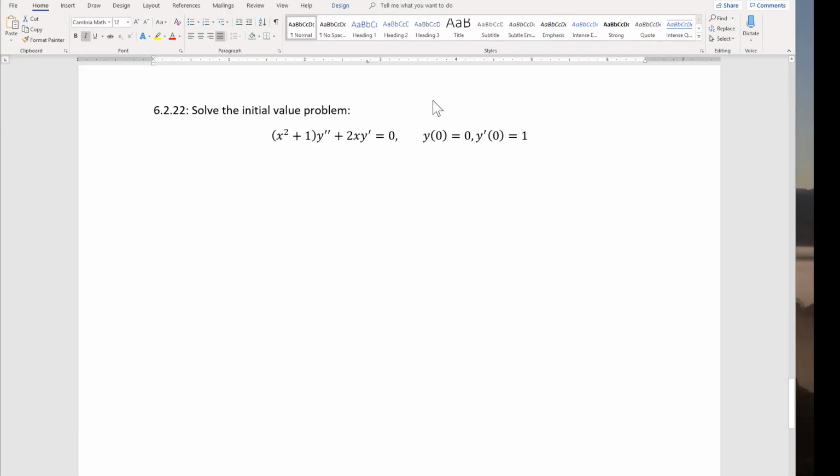Here's our second example. This is an actual initial value problem. So we want to solve the initial value problem. We have a differential equation, x squared plus 1 multiplied by y double prime plus 2x multiplied by y prime is equal to 0. And then we have initial conditions at 0. y is going to be 0, and then the derivative is going to be equal to 1. All right, so we're going to assume that